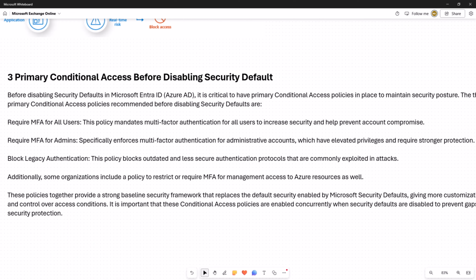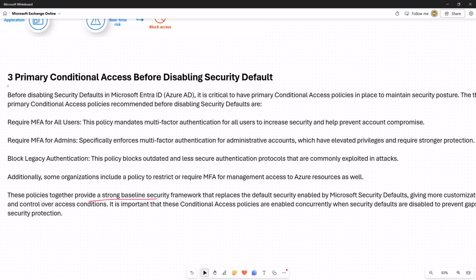So, there are three primary conditional access policies that we need to create before we disable security defaults. With this demo, I will also tell you how to create the conditional access policies.